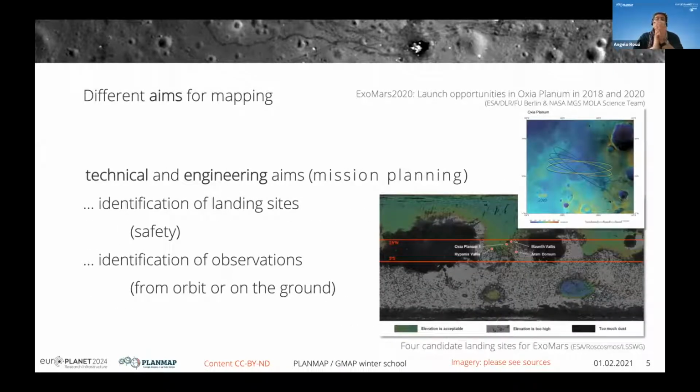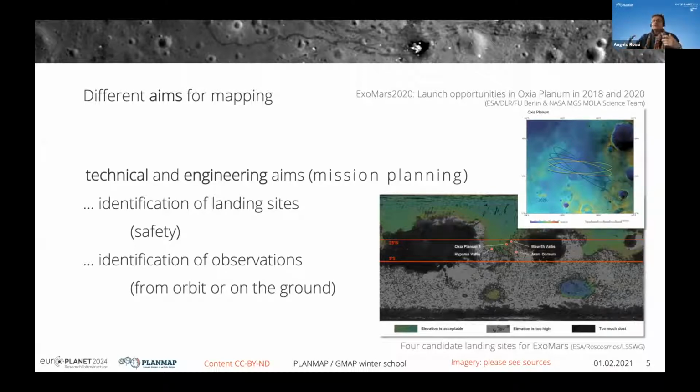Why do you map? Well, you can map for many reasons. Obviously, Matteo was mentioning from slide one, you map to know the resources and to understand what's below your feet. But when you do it on planets, you may just want to map a surface to be sure that when you land there, you don't crash billions of dollars of spacecraft. So there are technical engineering aims, typically for mission planning. For the Apollo missions, there was a lot of mapping before sending people or even robots in the precursory missions. You may also want to figure out the safety of an individual landing site, but also